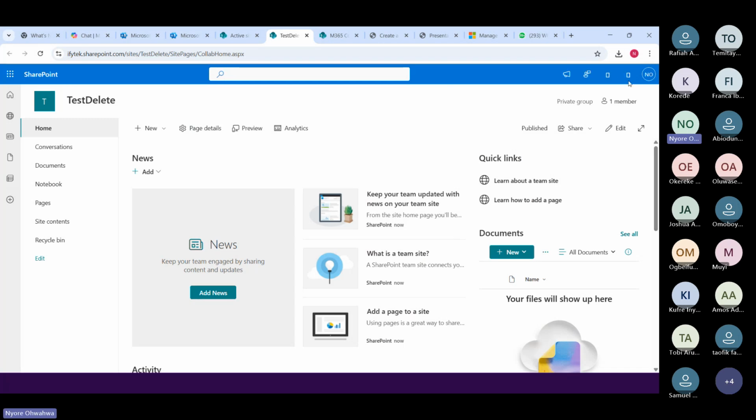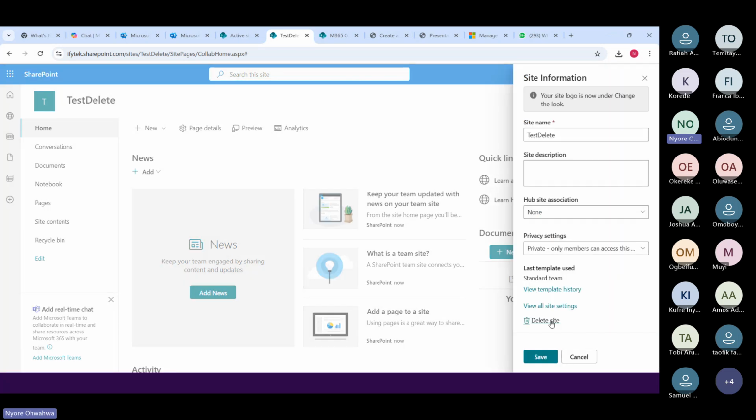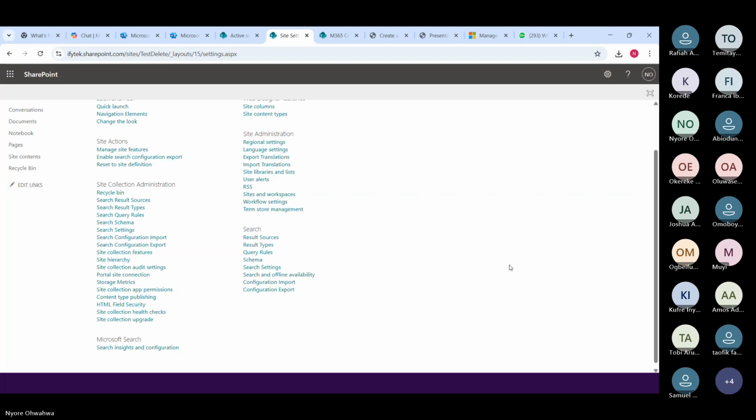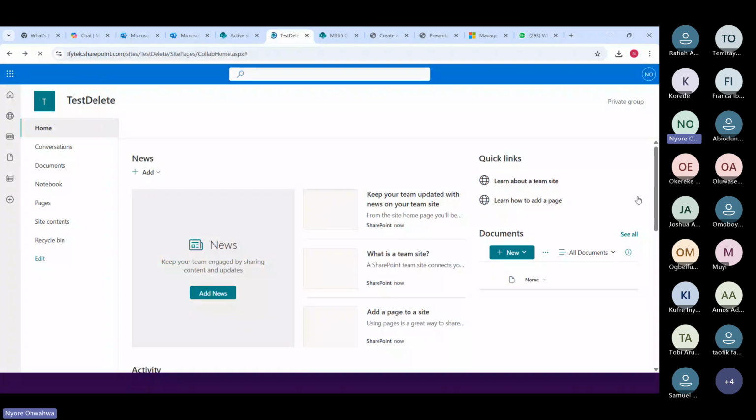So you click on settings, site information, delete site from here, right? So yeah, that's another way that you can delete the site.